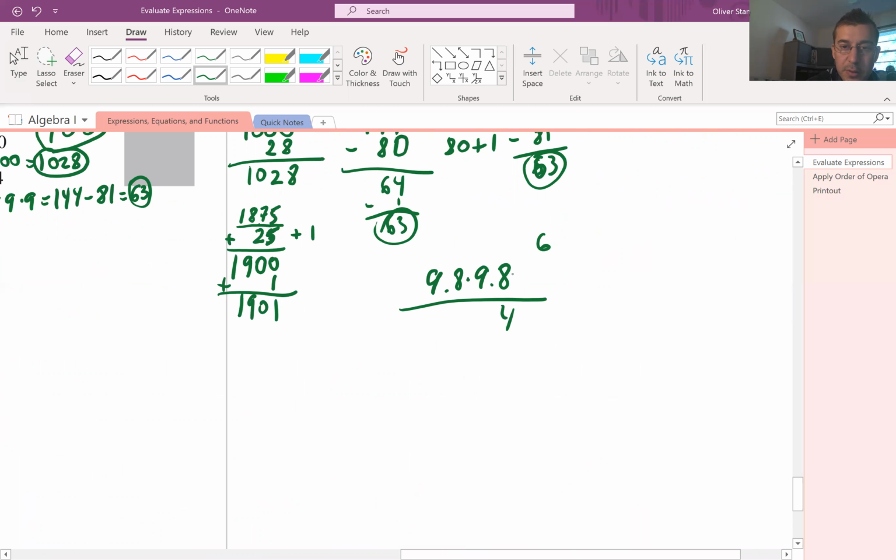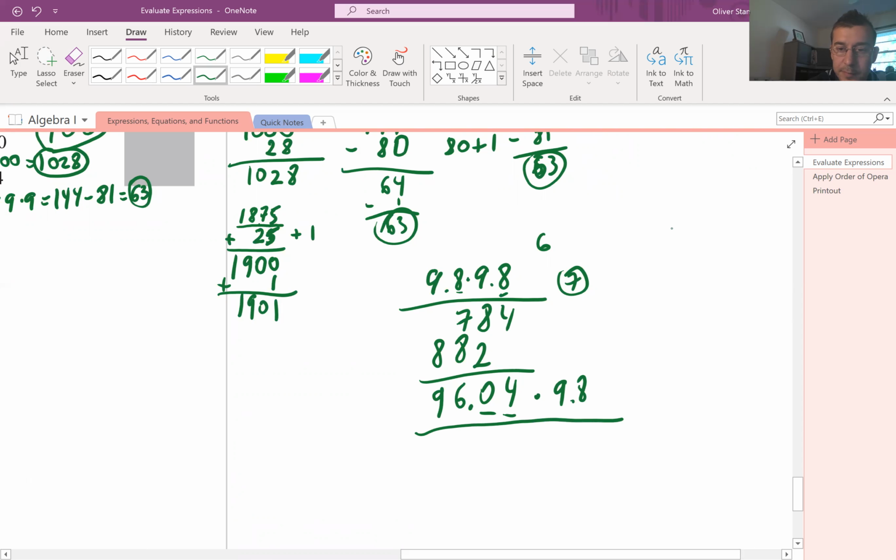8 times 9 is 72 and 6, 78. 9 times 8 is 72, 2 and 7. 9 times 9 is 81, 88. 4, 10, 0, 1, 15, 16, 9, right? And 2 decimal points here, 1, 2 decimal points here, then times 9.8, and then